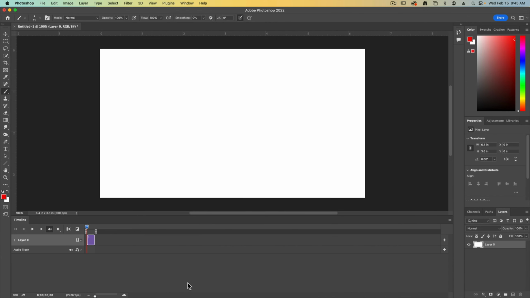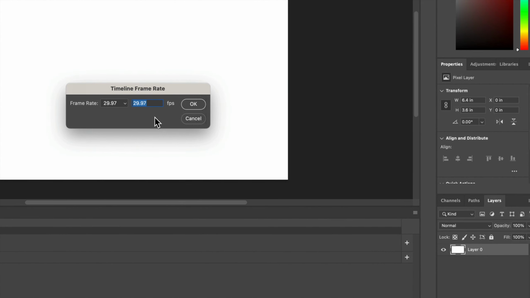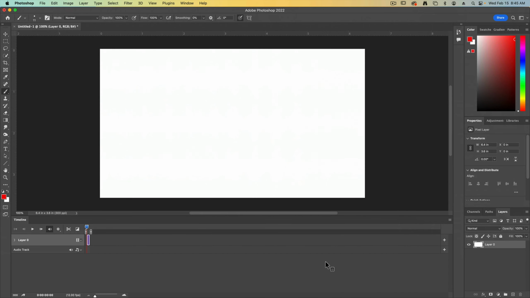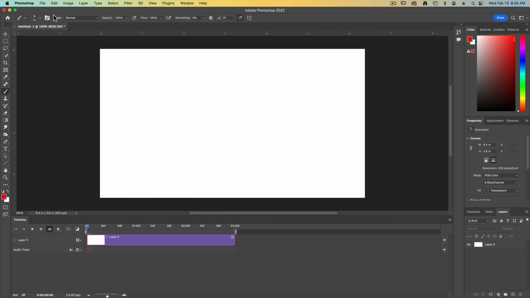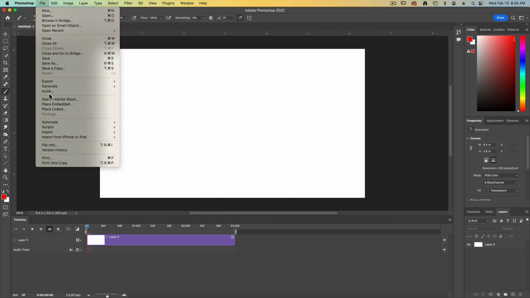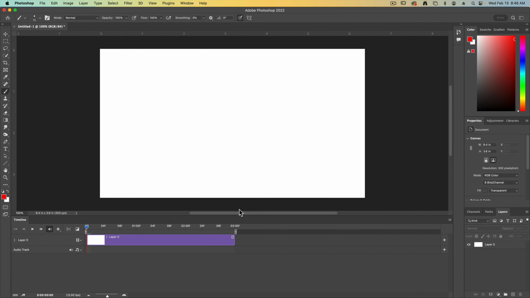We can create our new timeline. Before we do anything else, set your frame rate to be 12 frames per second. Say OK to that. We can zoom in, and let's set our time to be 3 seconds long for the duration. We'll go ahead and place that second timeline on there. So File, Place Embedded, choose Animation Path 2,